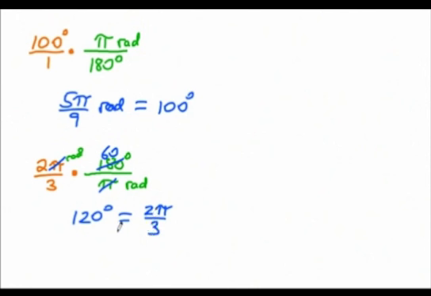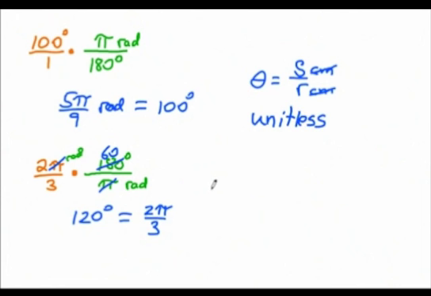Now the reason I'm not putting RAD after this is that when we do this formula, theta equals S over R, S is measured in centimeters, and so is R. So when we do this division, the centimeters are disappearing, and this whole idea becomes unitless. Radians are a unitless measure. That's the reason we don't need to write it here. The only time you really need to write it is if we change our radians into decimals, and it gets kind of confusing just writing 1.2. You can write RAD next to it, but there is no reason to write it other than to recognize what